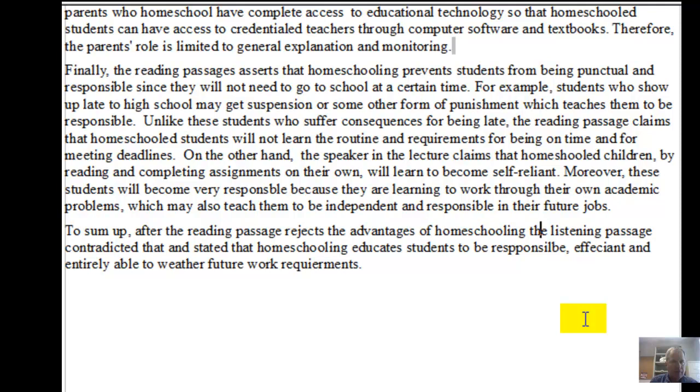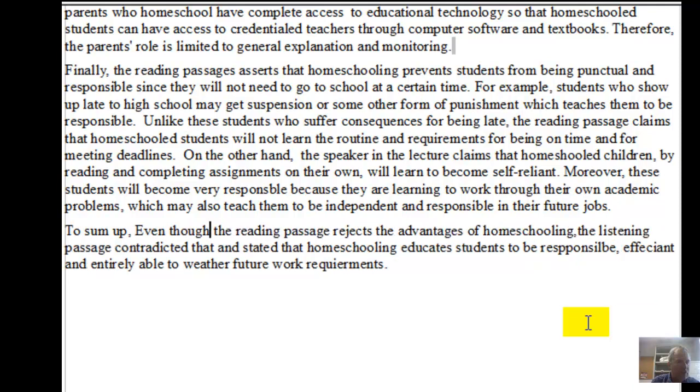I don't think you have to really say contradicted that. The listening passage. How about this? There. Now we don't have to worry about saying contradicted that. We can just say this. Even though the reading passage rejects the advantages of homeschooling, the listening passage claims